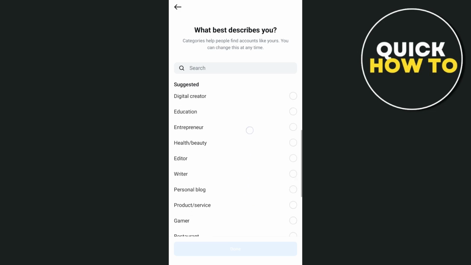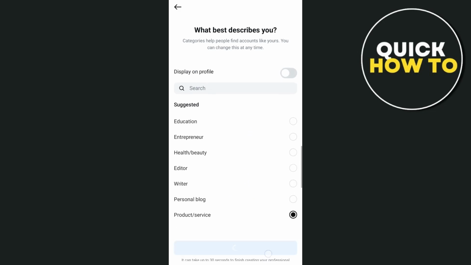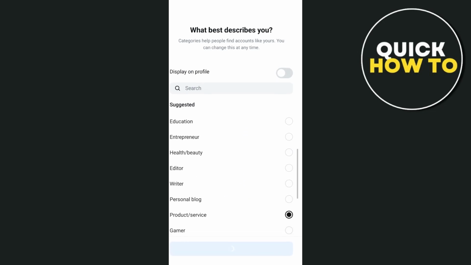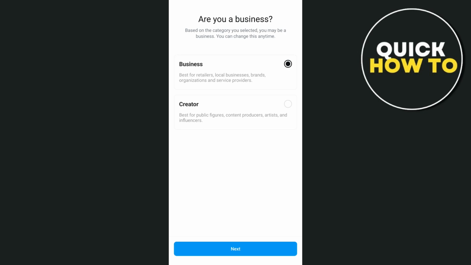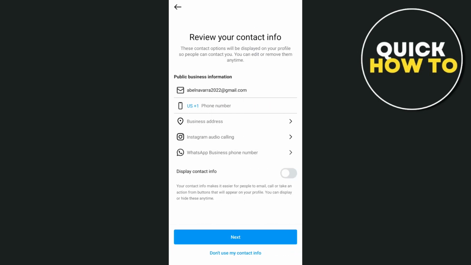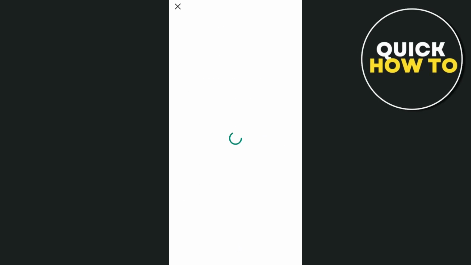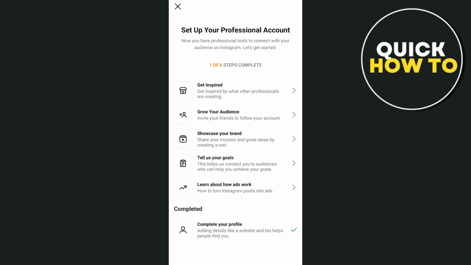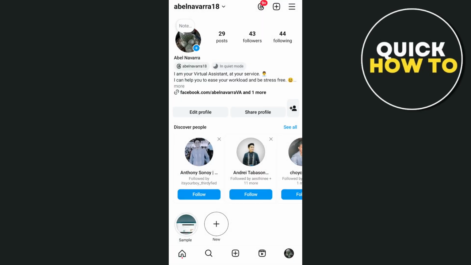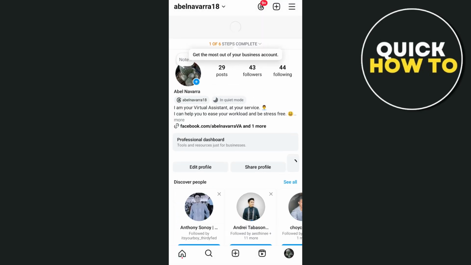And then here, just make sure that you have selected business, and then tap on next at the bottom. Then you can add the contact information, and I'm going to skip this one. Now, once you've switched your account into a business account, what you're going to do now is go and